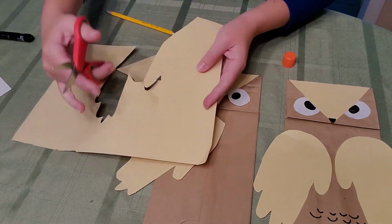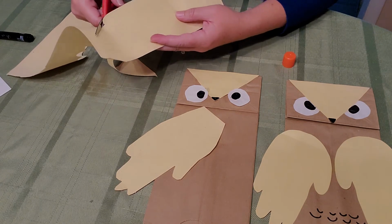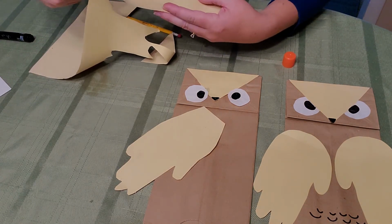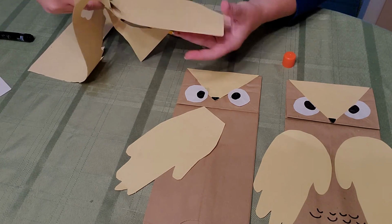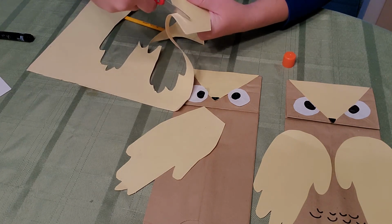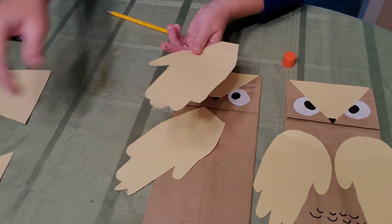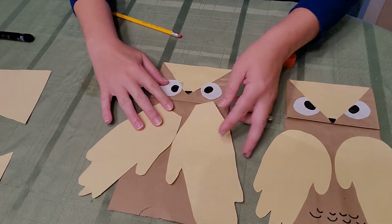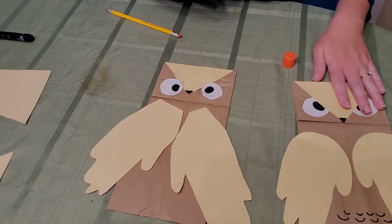Now friends, I'm a grown-up and I've had lots of practice cutting. So this might look like pretty easy cutting to you, but you might need to take a little bit longer than me to cut out your handprint, and that's okay. You can pause this video, finish cutting out the handprints, and then play it again to go on to the next step. All right, so now we have our wings cut and we're going to glue them onto our